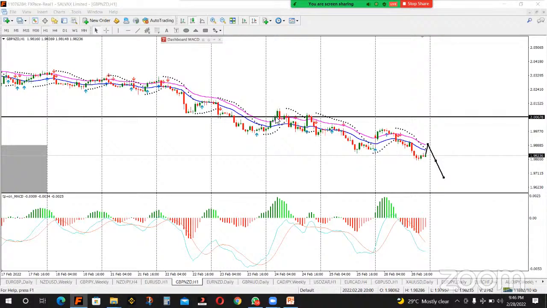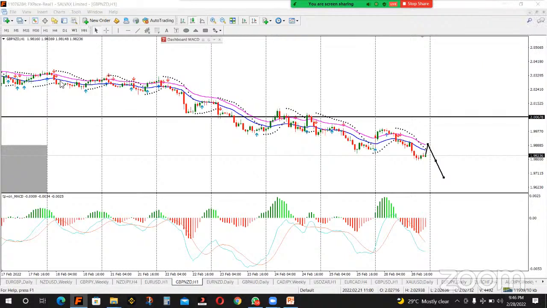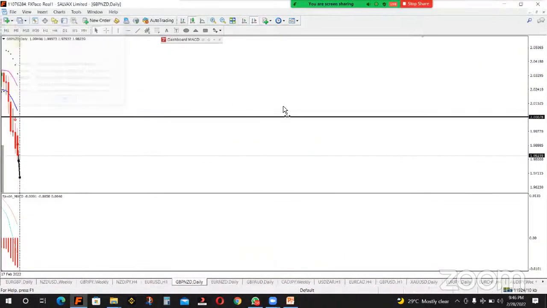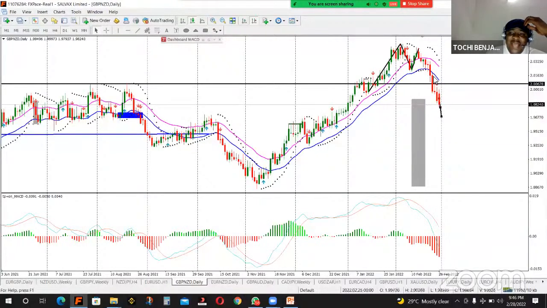I said if you look at D1 time frame, can you see the D1 time frame now? Yes. D1 time frame is doing what? It's an uptrend, but from the current price, it's selling. Good. The current price is selling.